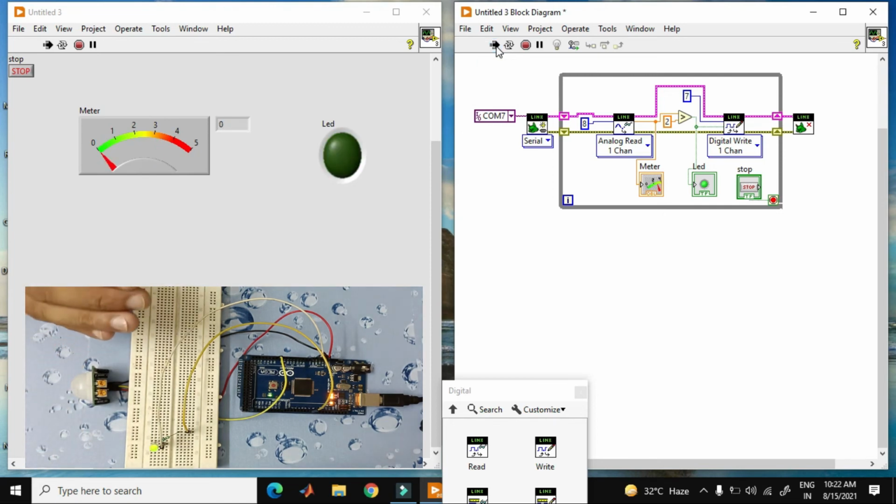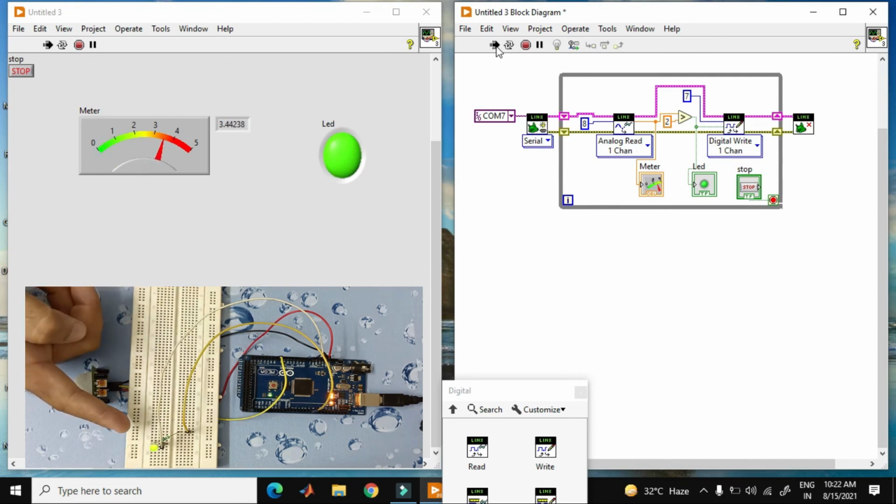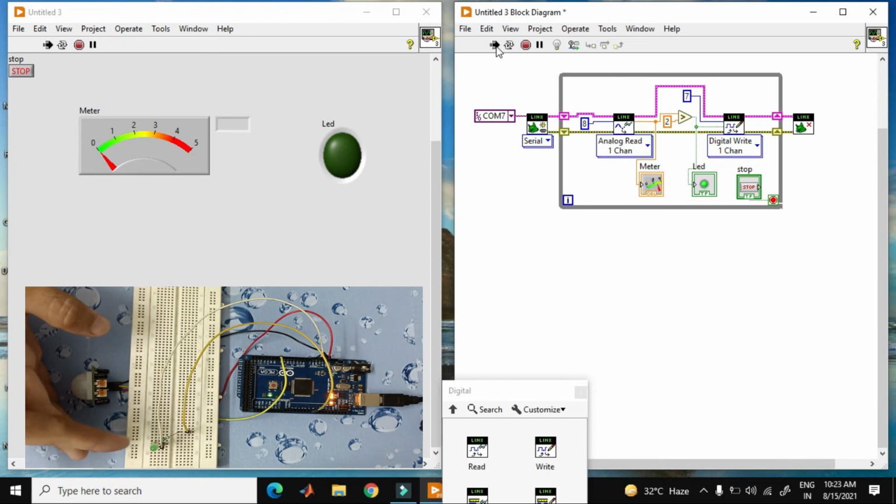When I move my hand, the output goes to 3.4 and the LED also runs. When my hand is stationary over here, as you see, the LED goes off and the output LED also goes off.